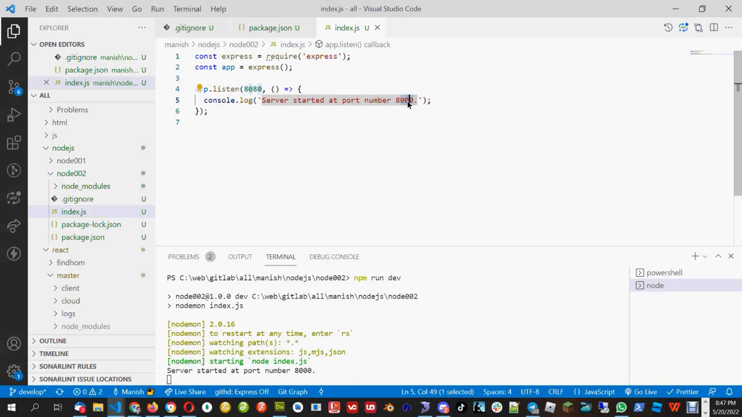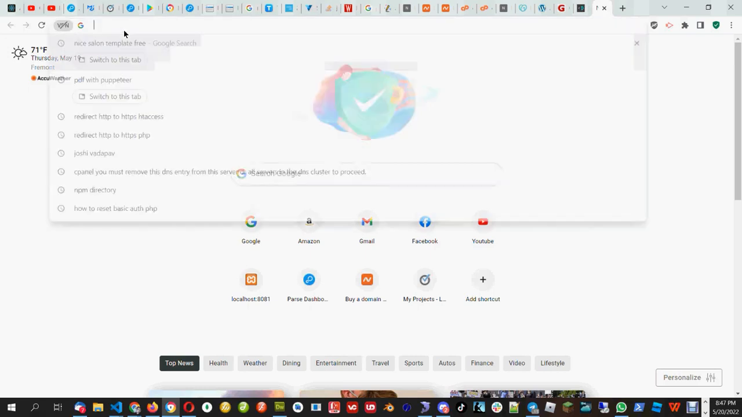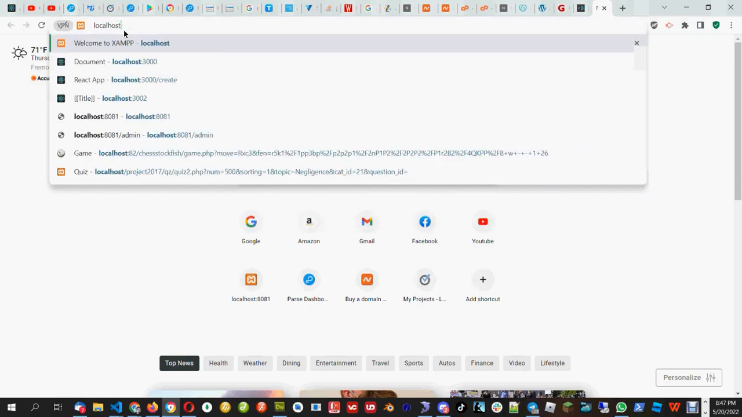Here also I'll change it to 8080. Okay, so it's saying server started at port number 8080. Let's try to see if 8080 is working in the browser URL. So you will see if I run localhost 8080, it's saying cannot get